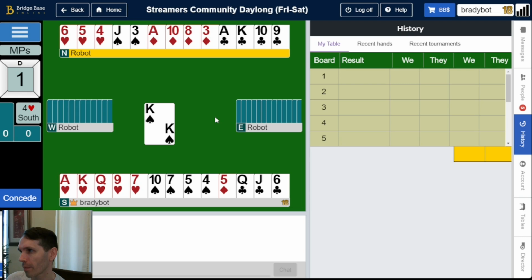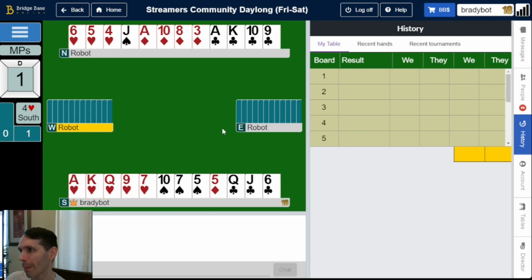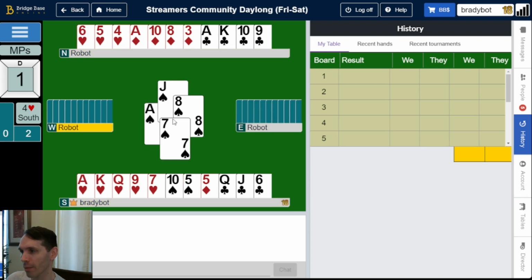So I guess first things first, we can pitch a spade on the 4th round of clubs, but we will have to rough a spade in dummy. I mean, obviously, West might just play 3 rounds of spades off the top, in which case we'll have to rough. East can over-rough. But I think generally speaking,